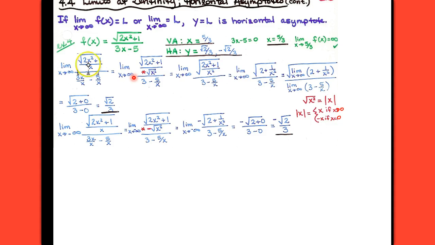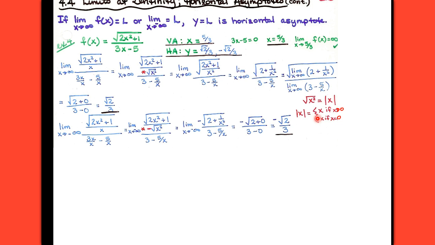Well, when I replaced x with the square root of x squared, by definition, the square root of x squared is the absolute value of x, and absolute value of x is a piecewise, right? If what's inside that absolute value is greater than 0, I get what I started with, but if what's inside that absolute value is less than 0, I get the opposite of what I started with. So when I inserted the square root of x squared up here, I was working with the absolute value of x. And each of the values that I was putting in for x, since it was approaching a positive infinity, every one of those values would have been greater than 0,